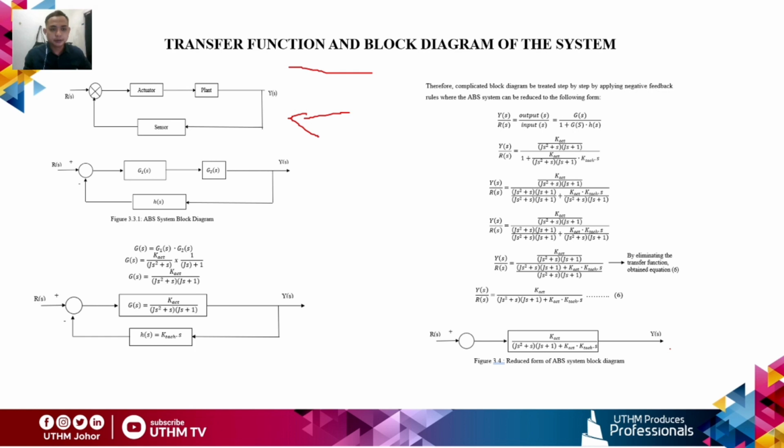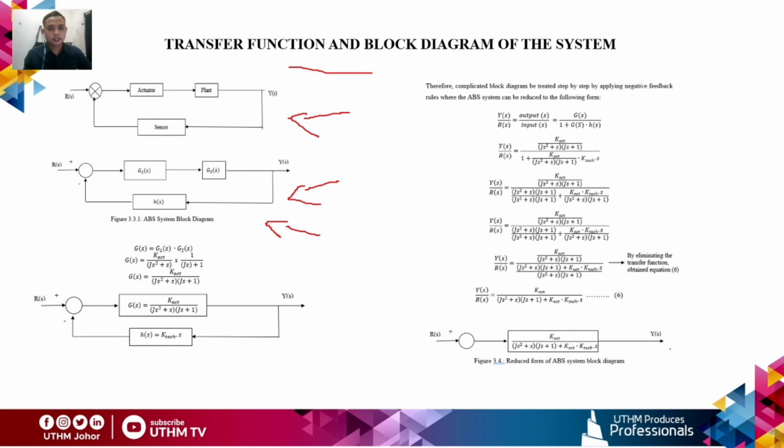There's a block diagram here. It's a convenient tool to visualize the system as a collection of interrelated subsystems, where the ABS loop system is shown in the block diagram to emphasize the relationship among the system variables. So this is the block diagram, and after that we connect both transfer functions of the block diagram into one connected series, where it can be reduced step by step by using the cascade block rule, which is shown here.